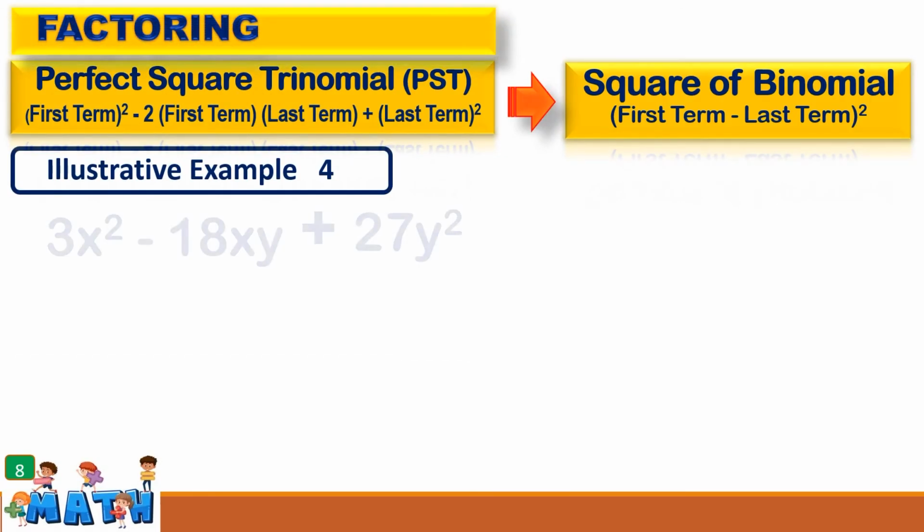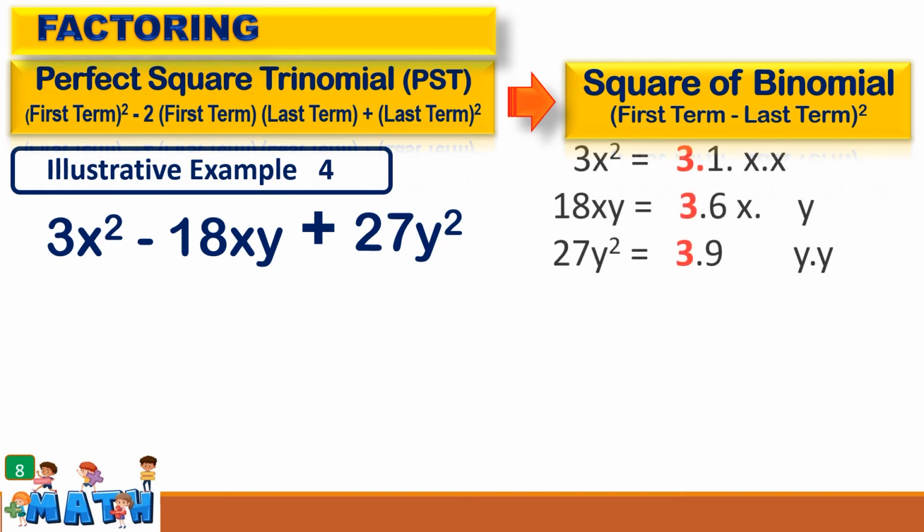Example number 4. So we're going to get the factors of 3x squared minus 18xy plus 27y squared. So check whether the first and last terms are perfect squares. So are they perfect squares? No. So what are we going to do? We're going to think of a number that could divide the terms to make it a perfect square trinomial. So we're going to get the factors of 3x squared. So we have 3 times 1 times x,